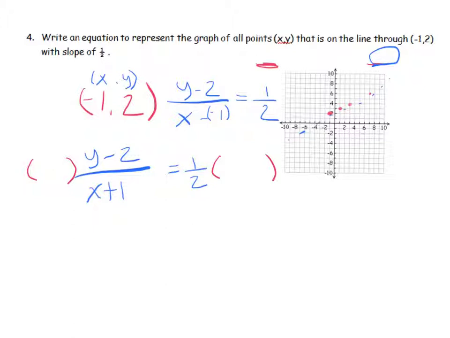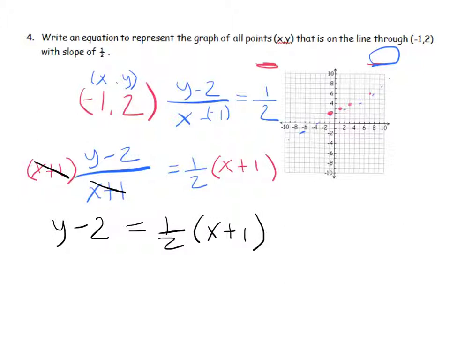Multiplying both sides of the equation by the same value doesn't change the equation at all. And we're going to be careful about what value I choose. I'm going to multiply both sides of the equation by the expression x plus 1. And you'll notice what happens is this x plus 1 divides this x plus 1 and makes a nice 1. So the left-hand side of the equation is y minus 2. And here we get